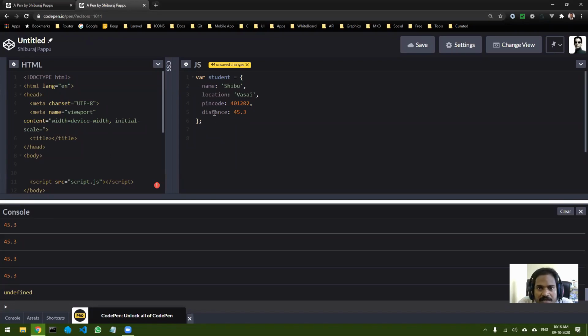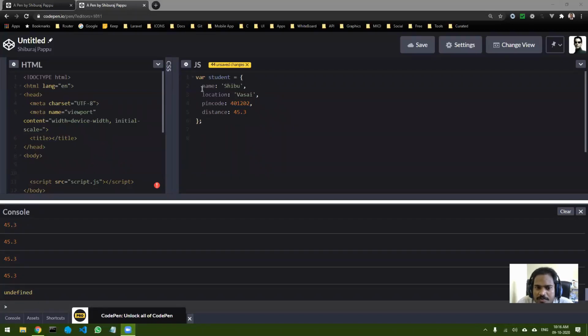Okay, so anybody has any idea of whether I can use a for loop over here? Can I use a normal for loop in an object? No. Why no?